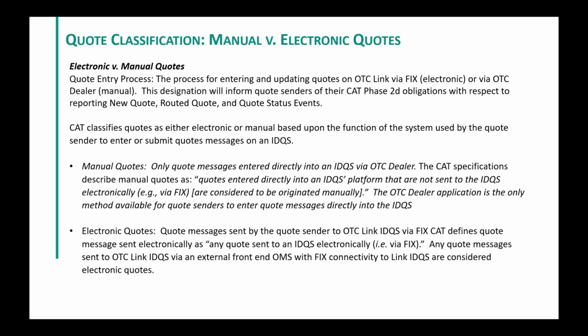So as I just mentioned, there's a distinguishing feature between the reportability of quote events reportable by OTC Link subscribers, and that is between manual quotes as defined by CAT and electronic quotes as defined by CAT. So it's relatively easy, include a number of definitional points, but really the idea is anything that is entered into the IDQS via OTC dealers front-end application that most of you know well, those are considered manual quotes pursuant to the specifications defined in manual